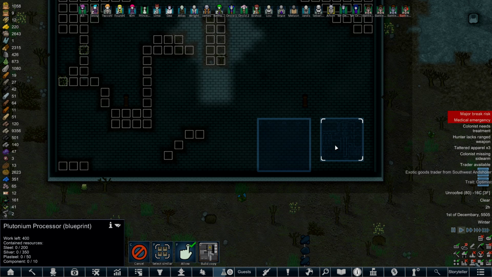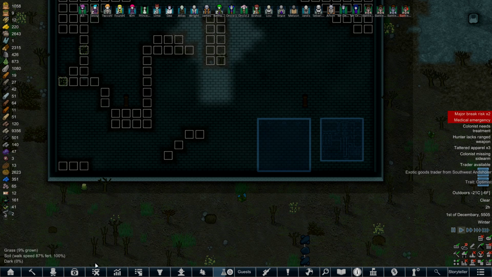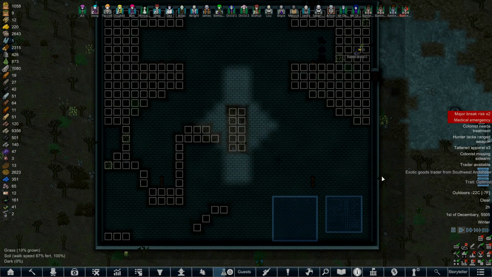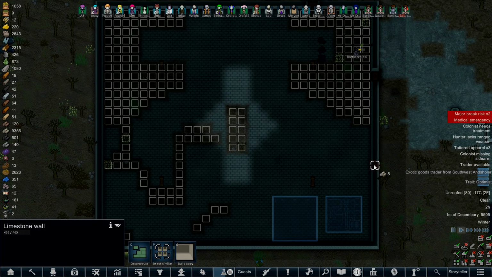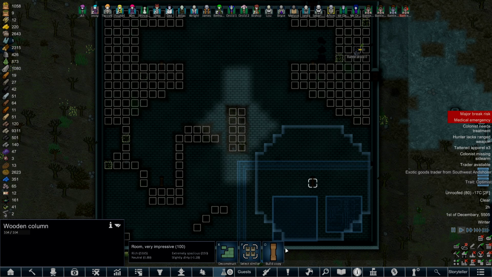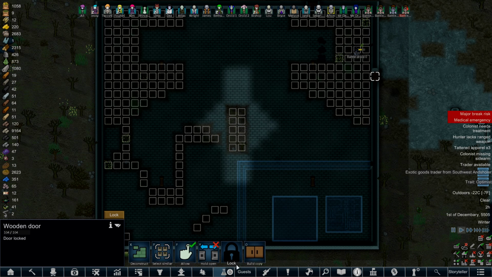We'll get our plutonium processor blueprint down here. I feel like this will be the nice little reprocessing zone. And you know what? We may as well just wall these off into their own little rooms. So if I bring this out to, say, there, then we can probably get rid of this guy. And we could probably put on...